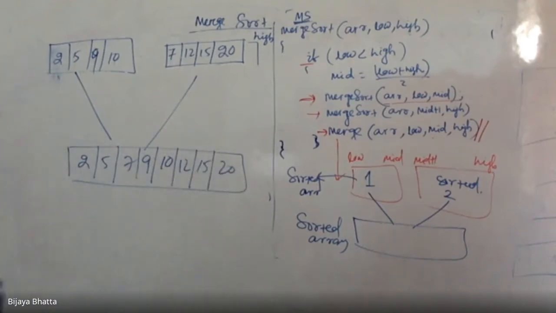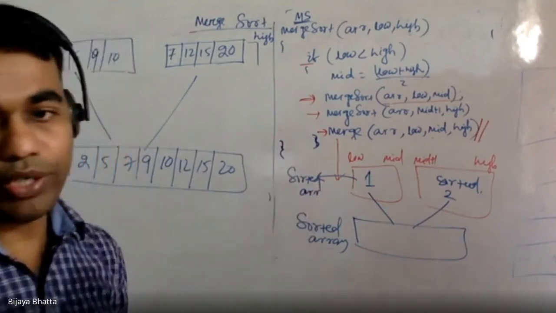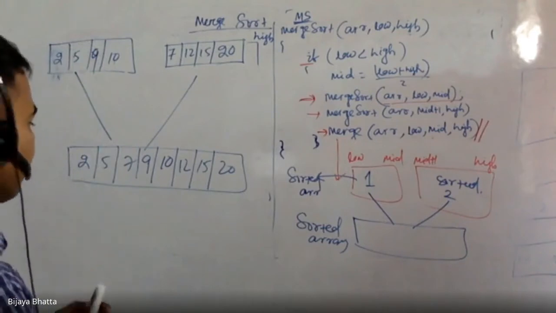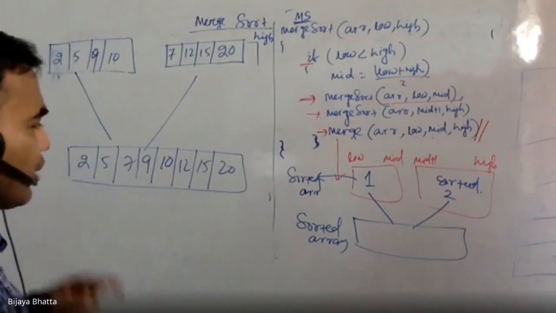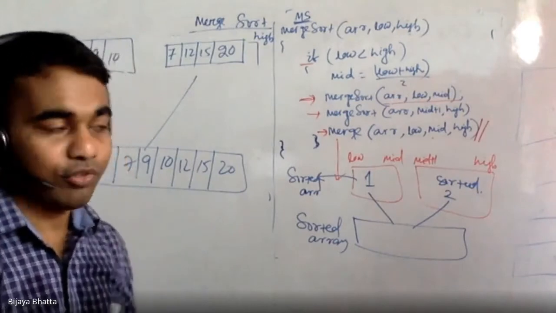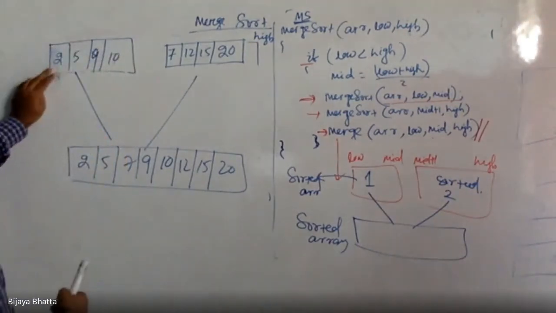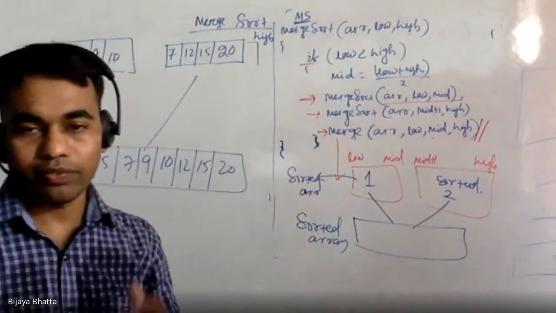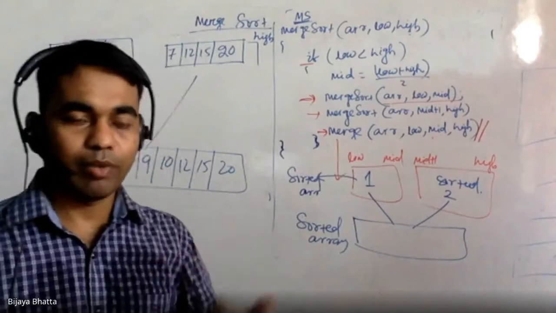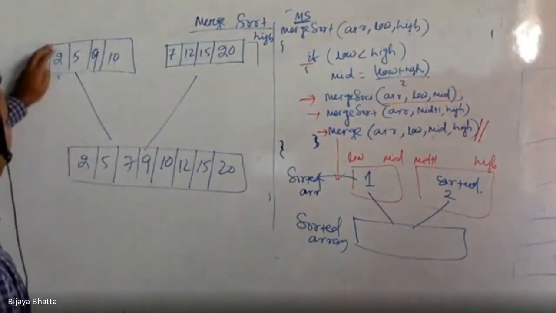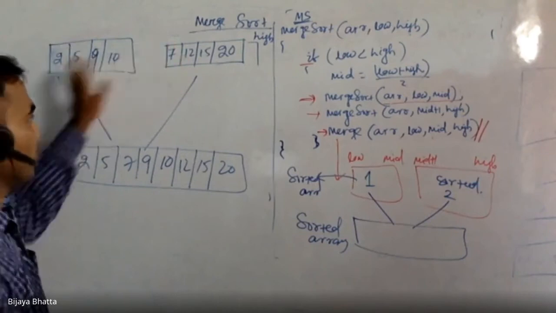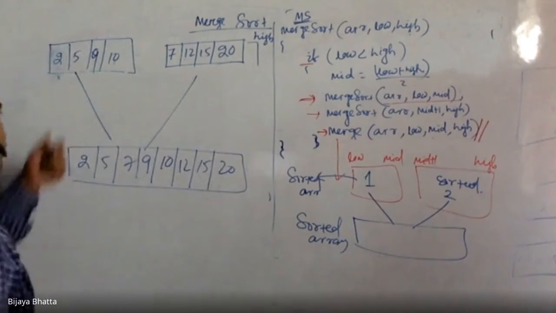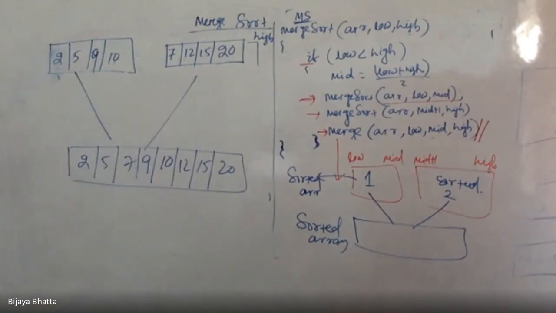So how does it work? We'll write down the complete algorithm, no need to worry, but before that, let's try to understand how I can do it. I can do it easily by using two for loops, with an inner for loop. Like we already know from sorting algorithms, such as bubble sort or selection sort, I can put two for loops, keep one element constant, compare, find the smallest one, and put it in a third array.